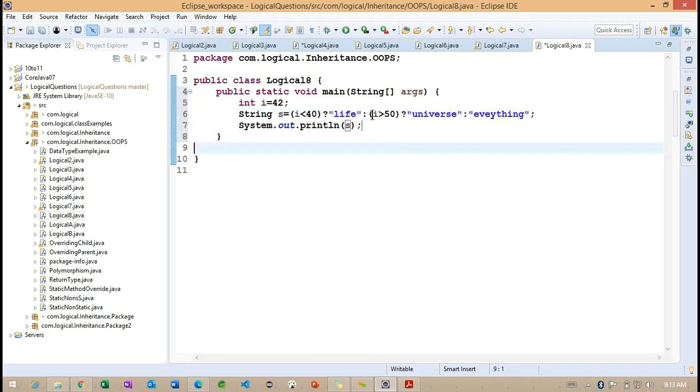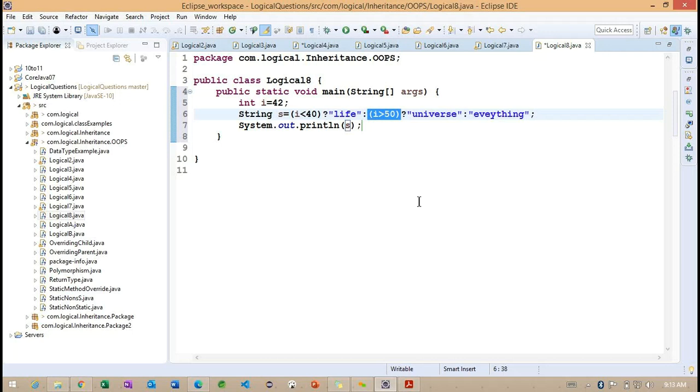Inside this else section, again we are making one more condition. So we need to check here: the i value is 42, but we are checking with the 50 condition, right? If the i value is greater than 50, it is going to return true.